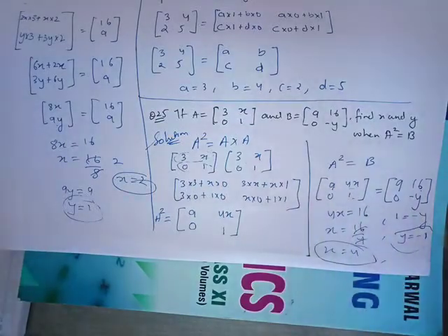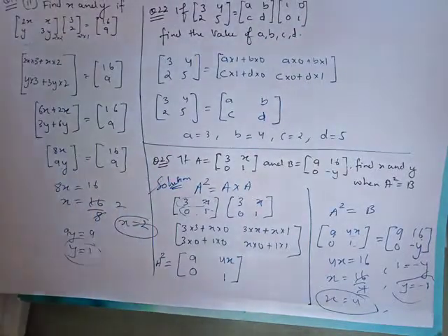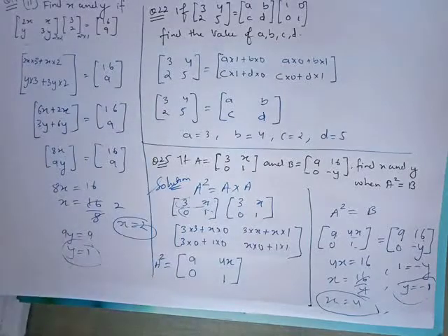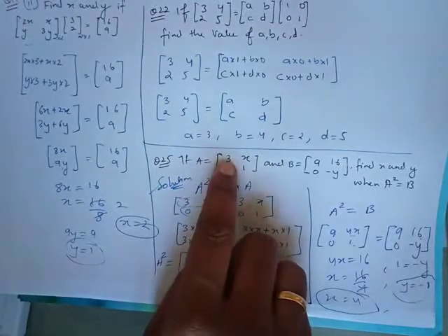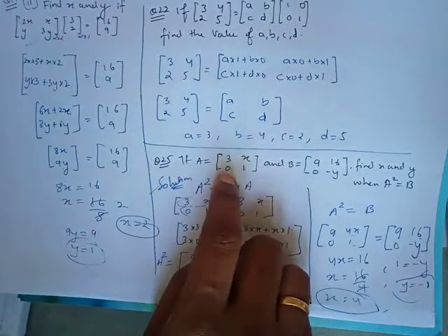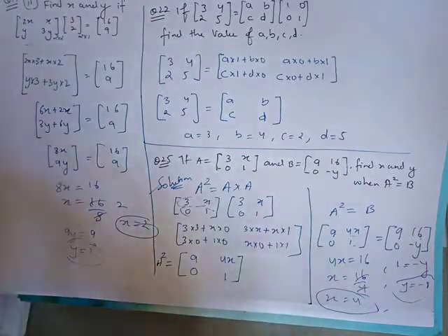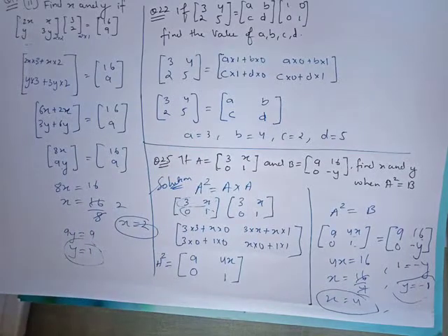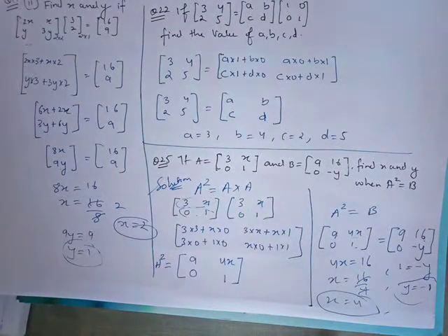So what's the main thing? I just have to figure out how to multiply two matrices, and if I know how to multiply two matrices, everything is going to be very easy for me. Only if I know how to multiply. Okay, because don't square a square by saying square this also, this will be 9, square this also. No, it doesn't work like that. Okay, you have to multiply the same matrix 2 times. Okay, so that's how you do multiplication and the application of multiplication in different types of questions.